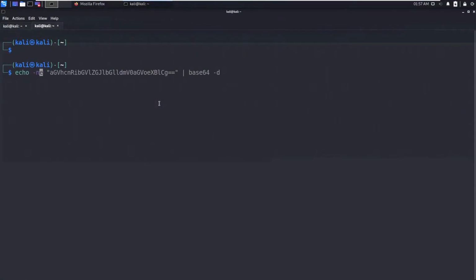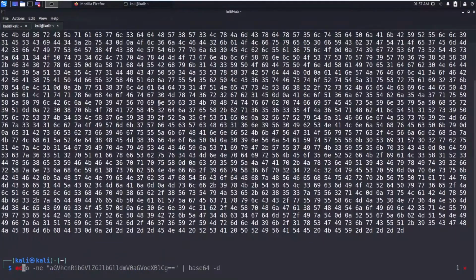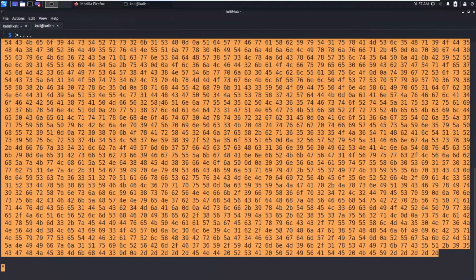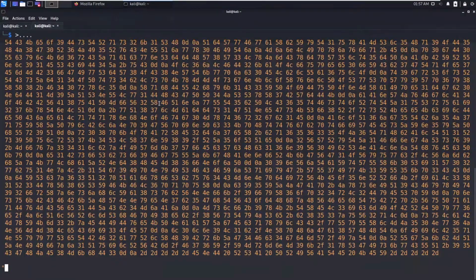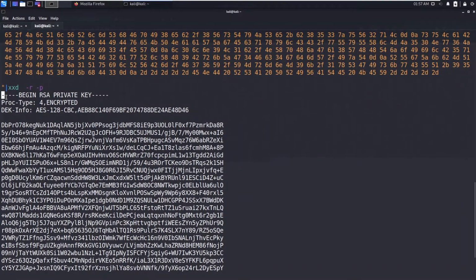So echo, then I'm going to pipe it to xxd with revert, and now hit enter. So we got the SSH key, the private SSH key.